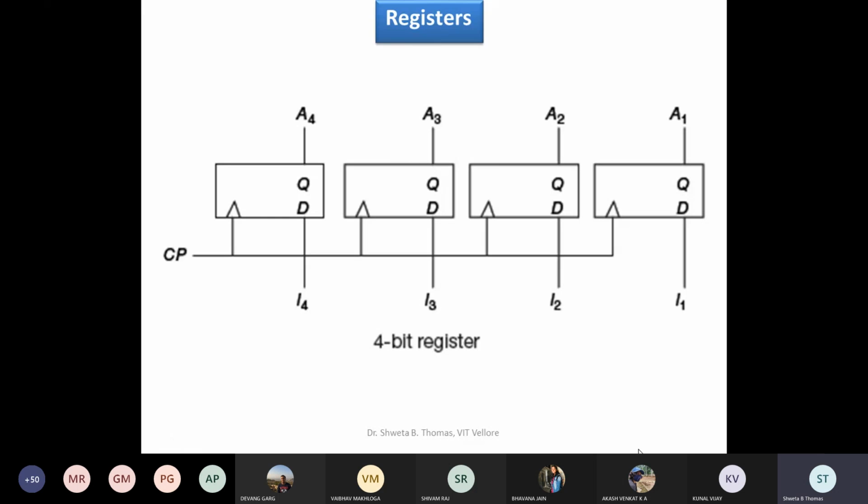Do you have any doubt? Yes, 3-bit is also fine. 4-bit or 3-bit, it's up to you. I'm not going to deduct any marks whether you implement 3-bit or 4-bit. Why did I tell you? Because it looks complex, so you can go till 3 also. If you are able to implement 3, you can implement 4 also. If you are able to implement 2, you can implement 3 also. It is known to me. So just try doing this and let's see whether it is possible from your end.